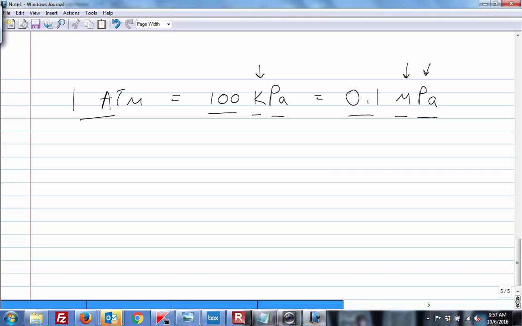So all units, when they're written out, are all lowercase. Same as all elements. When you write the elements out, they're lowercase, but then when you abbreviate them, they're uppercase. So just keep that in mind, especially in your writing. So back to this